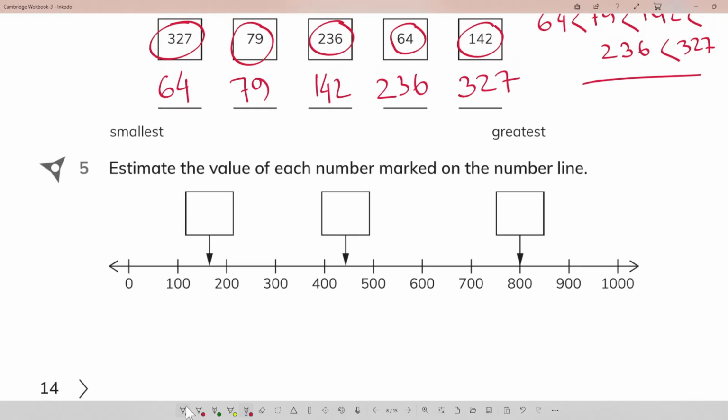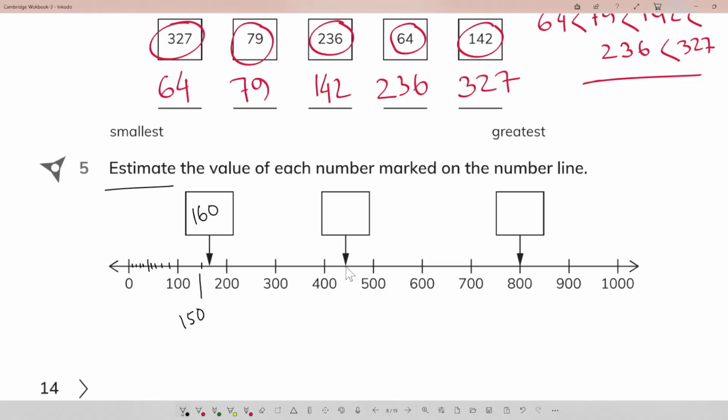So let's think, here is 10 and here is 100. So suppose 10, 20, 30, 40 and 50, 60, 70, 80, 90 and 100. Here we can consider in the middle it should be 150. So here should be 160, 170, 180. Okay, it's 160. This is just an estimate of the value, not the correct one.